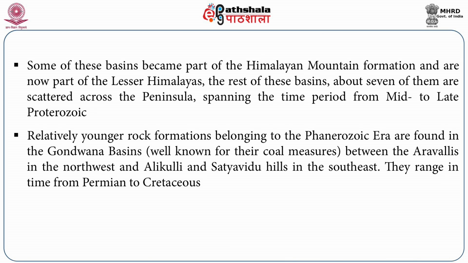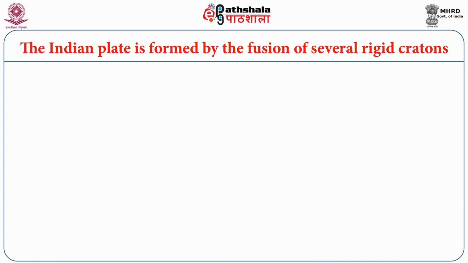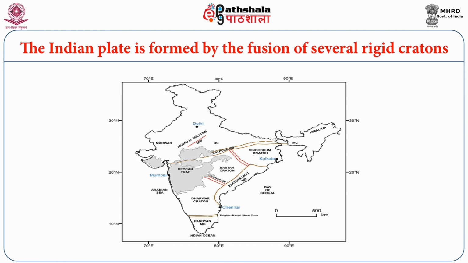Relatively younger rock formations belonging to the Phanerozoic era are found in the Gondwana basins, well known for their coal measures. Between the Aravalis in the northwest and Alikuli and Satyavedu hills in the southeast, they range in time from Permian to Cretaceous. This map gives us an idea of the series of cratons that have been fused together by